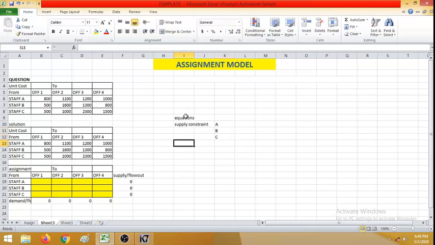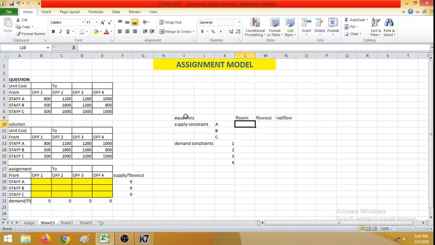And how many demand constraints are there? We have 4 demand constraints, right? What are those 4 demand constraints? The demand is going to be in 4 offices. So 1, 2, 3 and 4, right? Right. So now I am going to decide what is the flow in and flow out. Based on that, I am going to decide what is going to be the net flow.